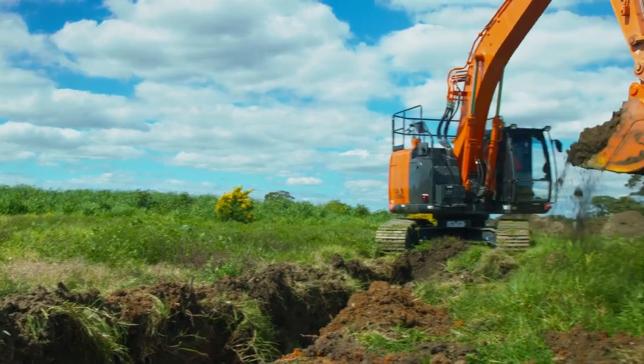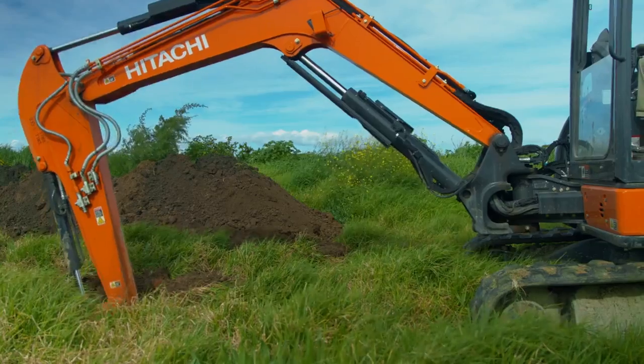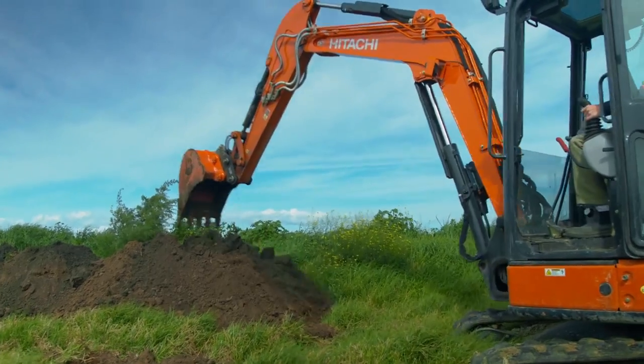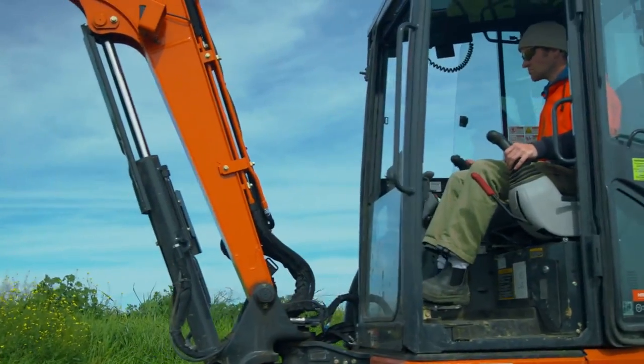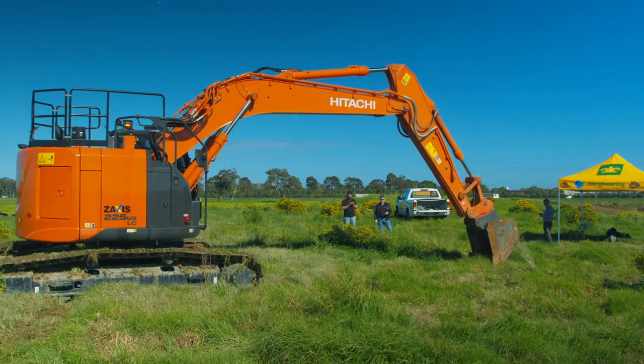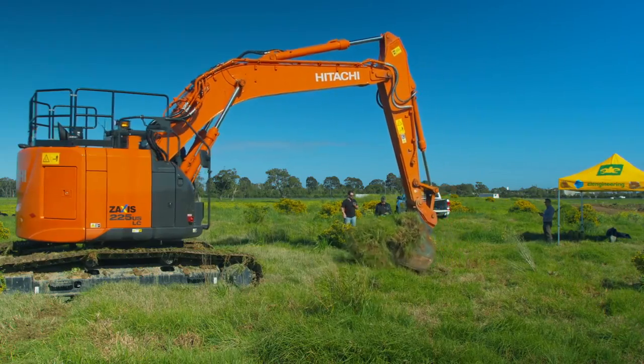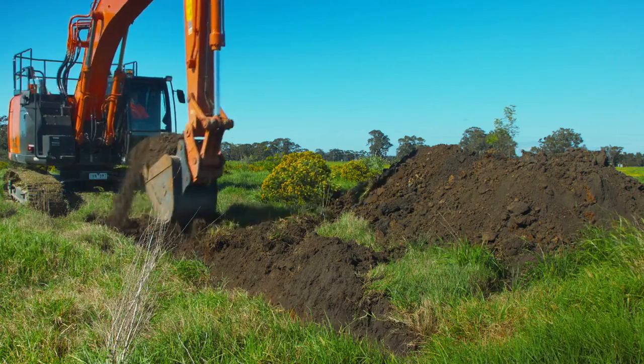John Lander from Lander Civil in Braeside in Melbourne's southeast just wanted to find out how he could optimise the performance of his Hitachi machines. So we took his ZX220 and ZX55 to a local landfill site and tested them out using one of his own operators. We started off with the Hitachi ZX220 using Lander Civil's existing 900mm GP bucket and dug a trench